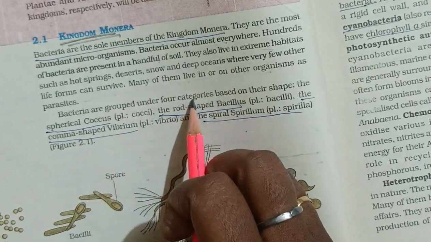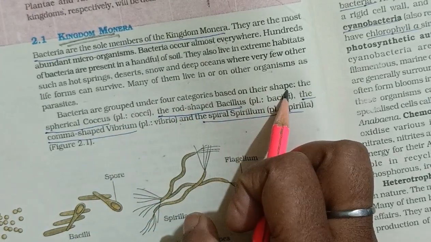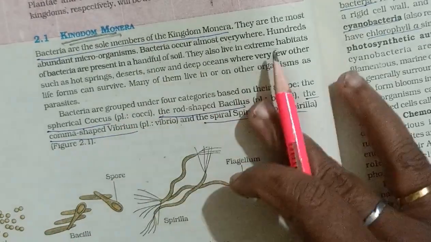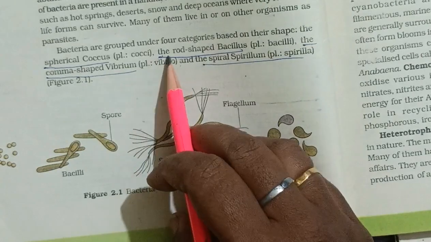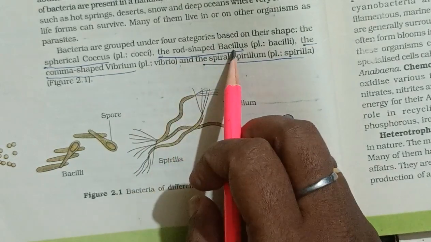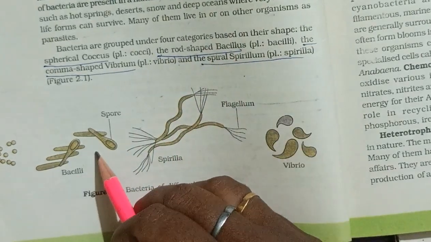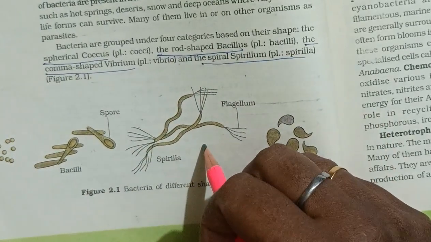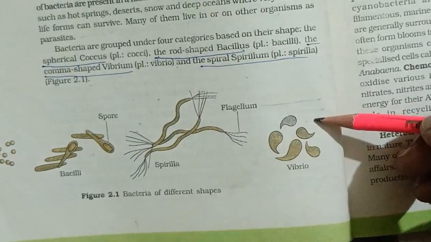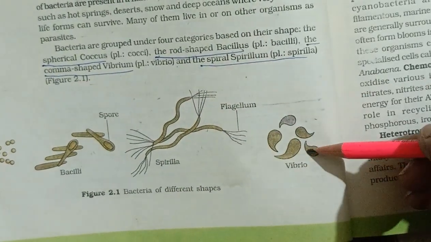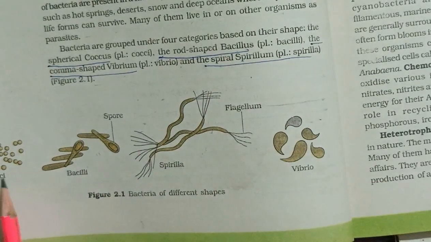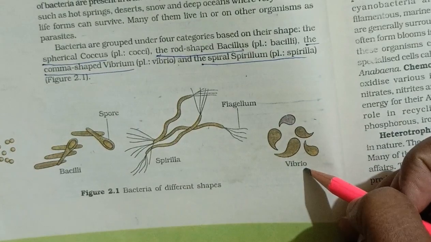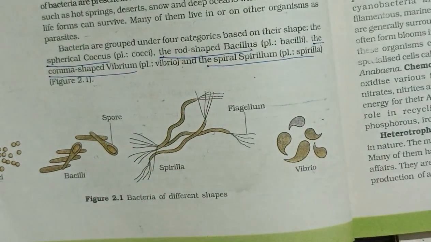Bacteria are grouped under 4 categories based on their shape. The spherical coccus bacteria, this one spherical coccus bacteria, cocci, the rod-shaped bacillus, ये है rod-shaped bacillus, the comma-shaped vibrio, and the spiral स्पाइरिलम, ये स्पाइरिलम है, ये विब्रियम है, ठीक है। तो ये है कोकी बैक्टीरिया, बेसिली, स्पाइरिला एंड ये विब्रियो। 4 तरह के बैक्टीरिया होते हैं।